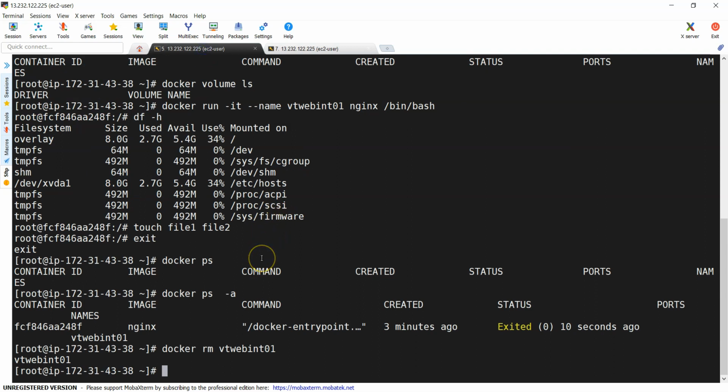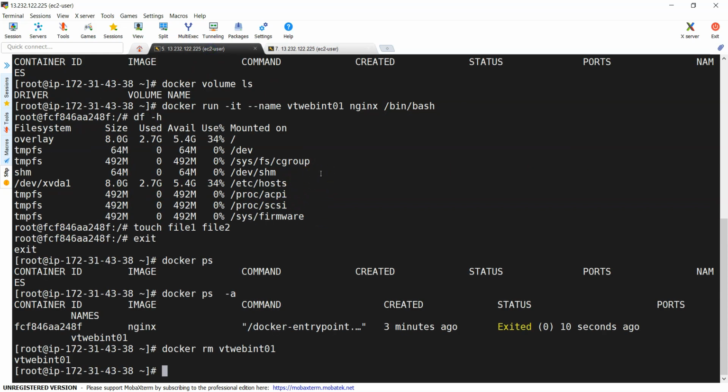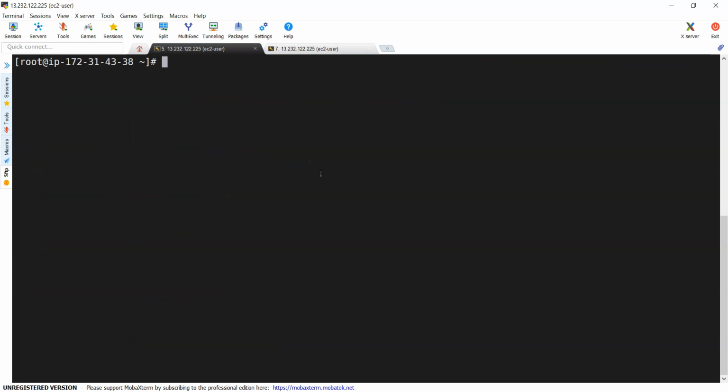So here I'm going to jump into our Docker container, and from this session I'm going to execute the commands on the Docker host, to see what is being created at the Docker host level. Let's clear the screen. I'm just creating a container with a volume, and this volume is mounted on the container as data01. I'm not giving a volume name, so it creates a random volume name.